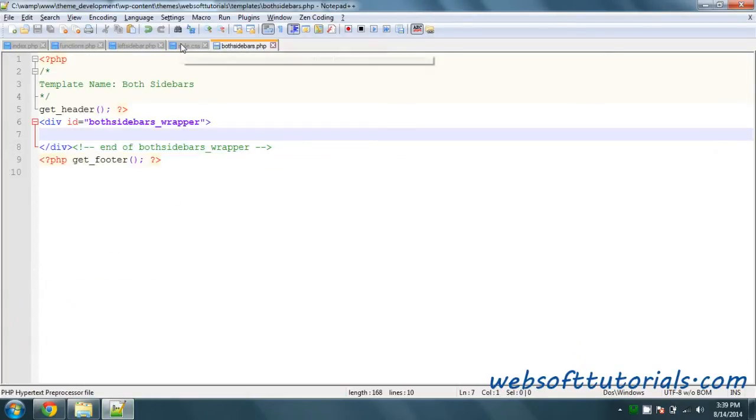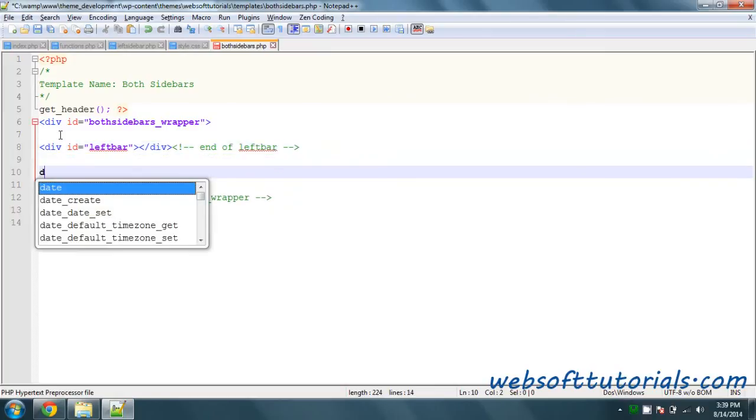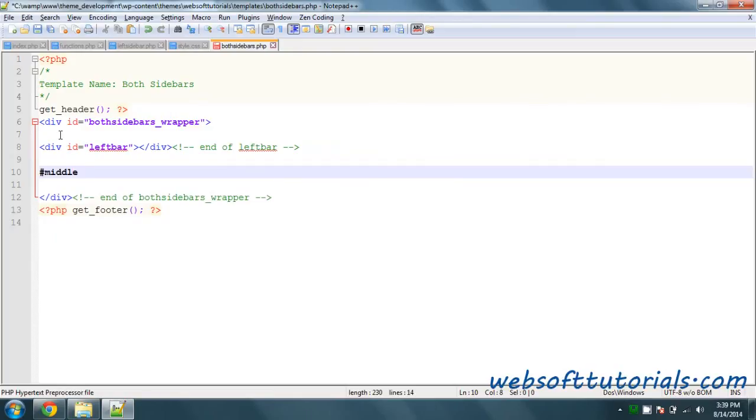You can see. Now I will create 3 div tags here, one for the left sidebar, the second for the right sidebar, and the third for the content area, which will come in the middle. So I'll write div id of left bar, and div id of middle area,